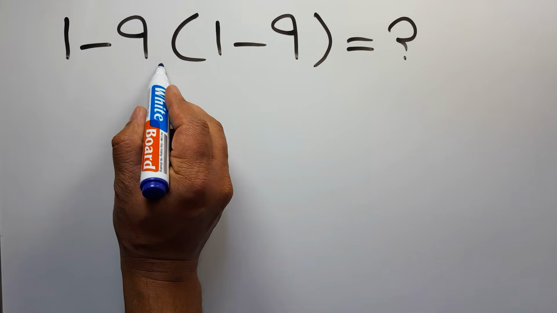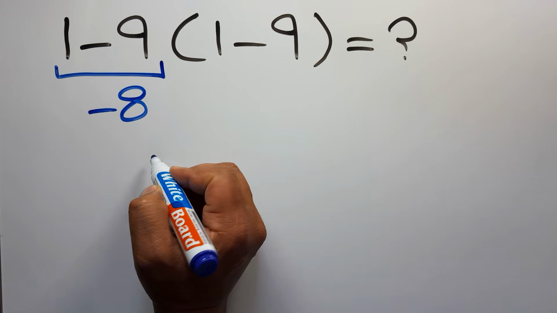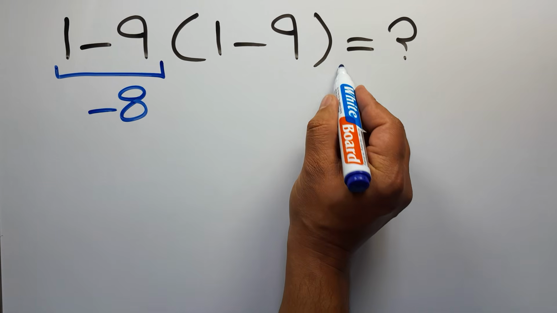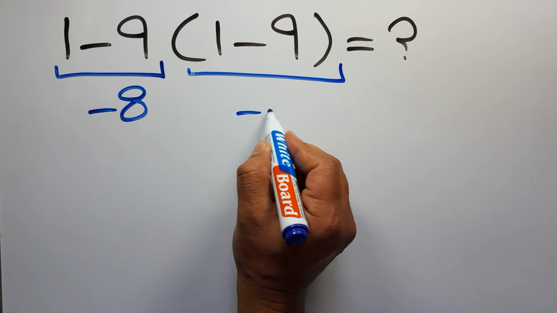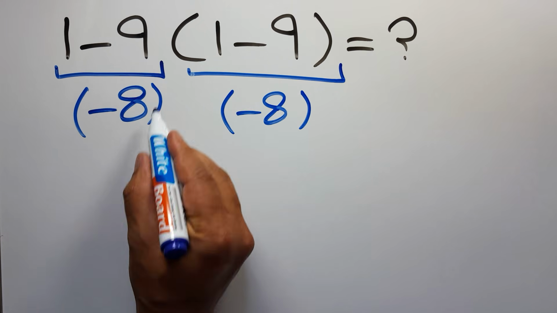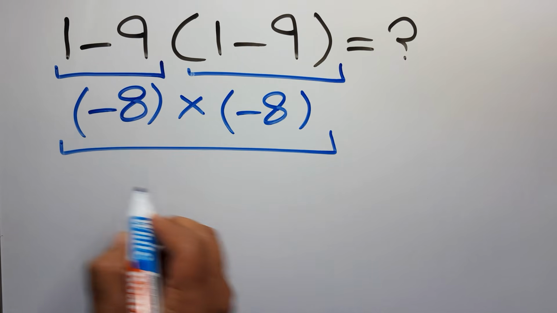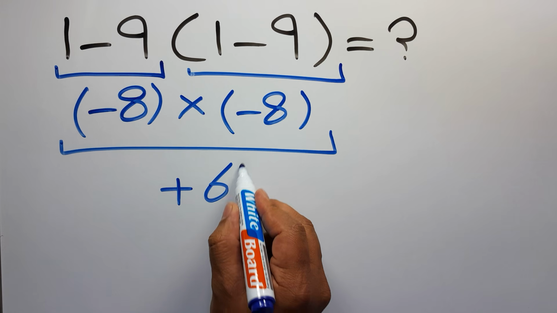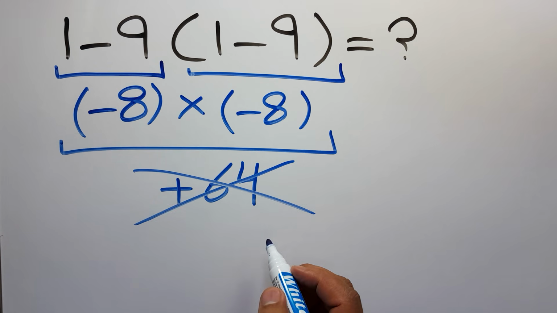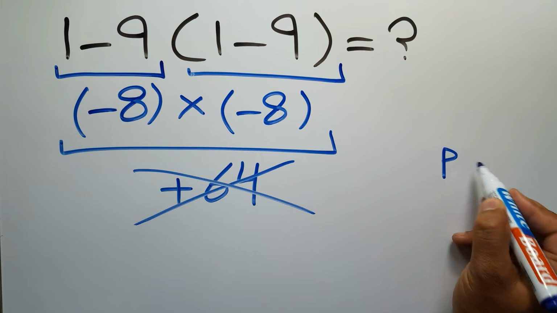1 minus 9 gives us negative 8. And again here, we have 1 minus 9. So, negative 8 times negative 8, which equals positive 64. But this answer is not correct because according to the order of operations, which is PEMDAS,